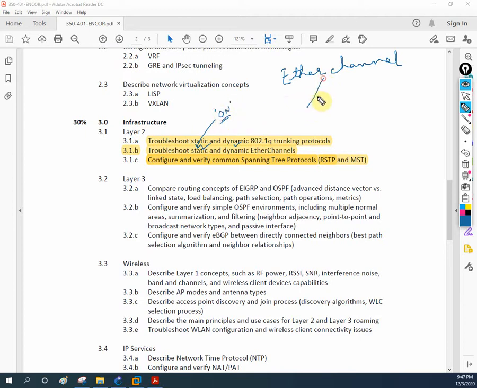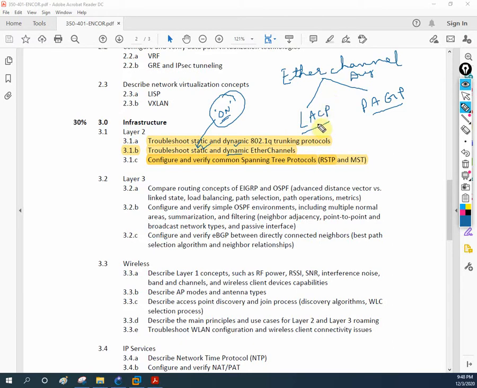Now, EtherChannel we can do in two types. We have LACP and one more, which is PAgP. We can use the LACP protocol to configure EtherChannel, or PAgP. This is dynamic EtherChannel, which we can do using this one or this one, and for static we use on mode, the static or manual method. In coming videos we are going to discuss the static and manual method, but now we are going to discuss